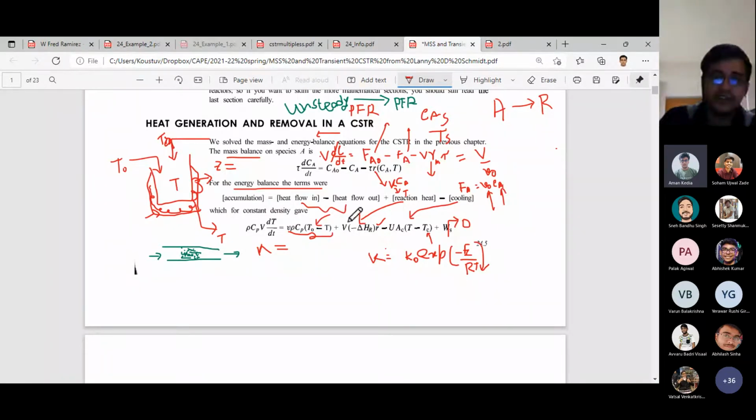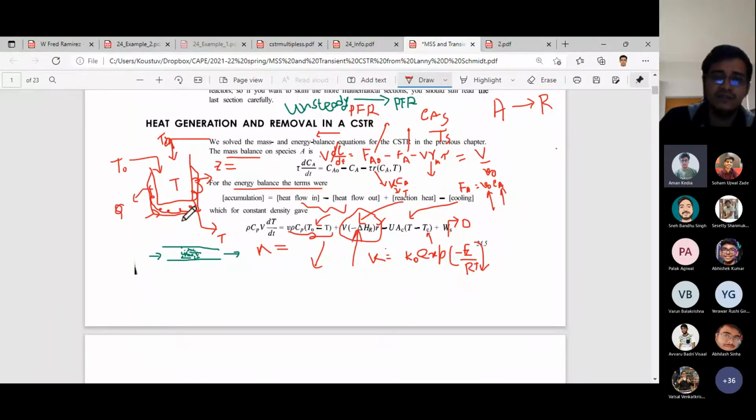So this is the net rate of heat out from the reactor, these expressions. Now that is the reaction heat. Because of the exothermic reaction, we get this as the generation term. That means this much heat is generated inside the reactor, and it is utilized in two ways. One is the reactant stream, which takes some heat out, as well as the cooling by the jacket or cooling coil. This is the term Q, the heat that is going out.